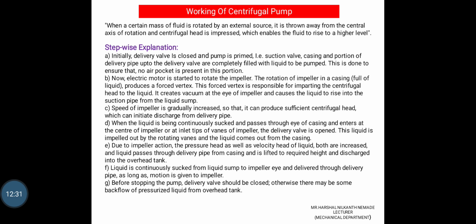Liquid is continuously sucked from the liquid sump to the impeller eye and delivered through the delivery pipe as long as motion is given to the impeller. Before stopping the pump, the delivery valve should be closed, otherwise there may be some backflow of pressurized liquid from the overhead